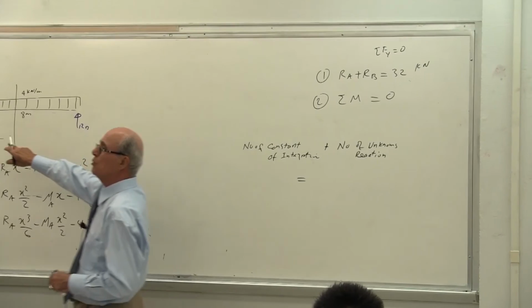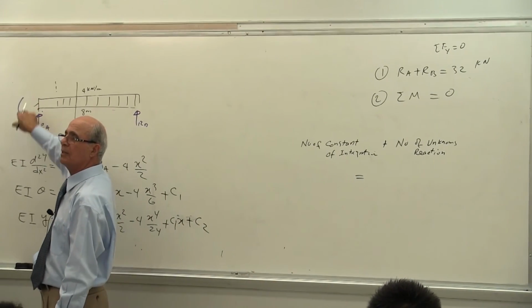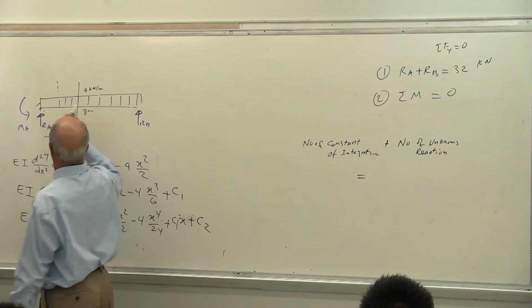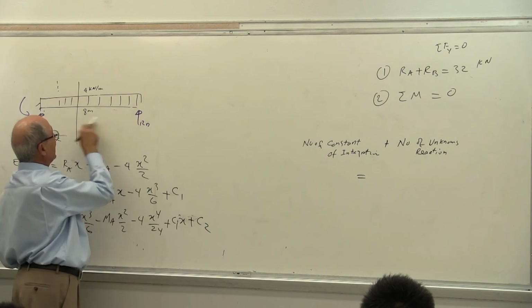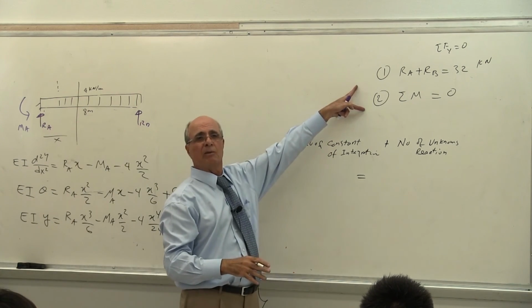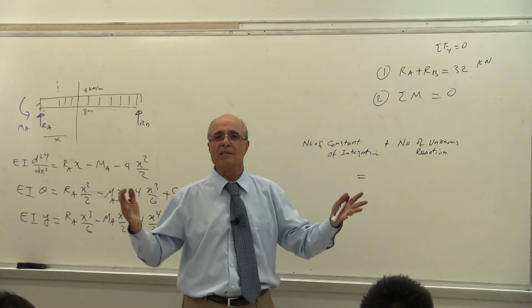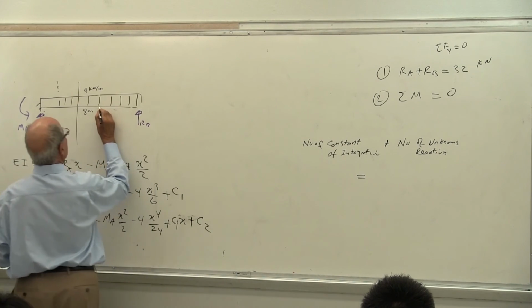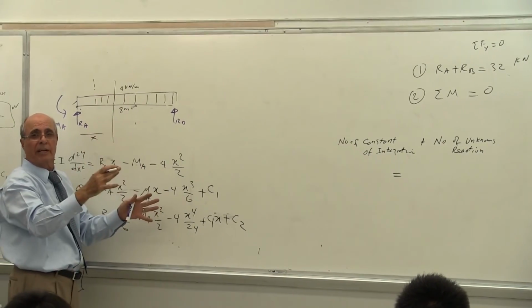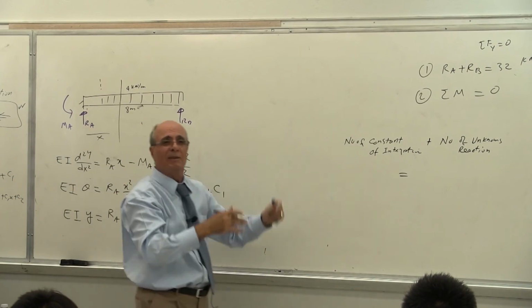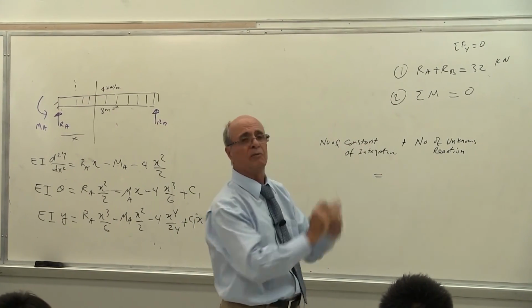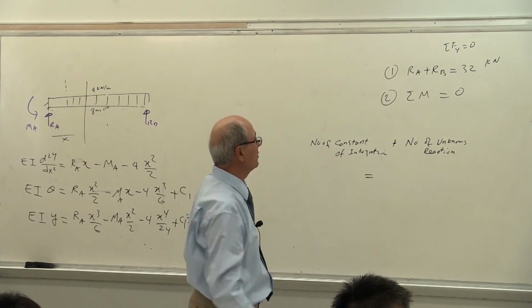Look, at x equal to 0, theta equal to 0, at x equal to 0, y equal to 0, at x equal to L, y equal to 0, that's 3, plus 2 equations of equilibrium, 5 equal to 5. So it doesn't matter. As soon as you put another support here, you get 1 more reaction, 1 more unknown, correct? But you get 1 more boundary condition, and then this problem is solved. So that is what we're doing all of this for. Everybody understand that? So here we go.